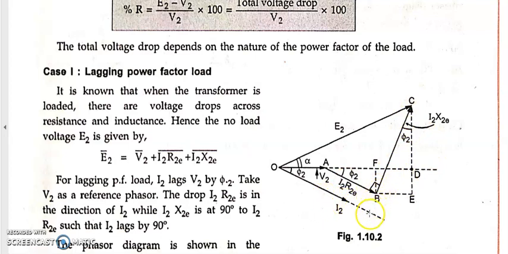I am not going to stretch till here, but because we need to account for this equation, you can see there is 90 degrees with respect to I2 R2E, and this line is called I2 X2E. Right. So we have V2, I2 R2E, and I2 X2E. If I add all of these, what do I get? The resultant E2, the EMF induced in the secondary side of the transformer. So E2 is equal to V2 plus I2 R2E plus I2 X2E.